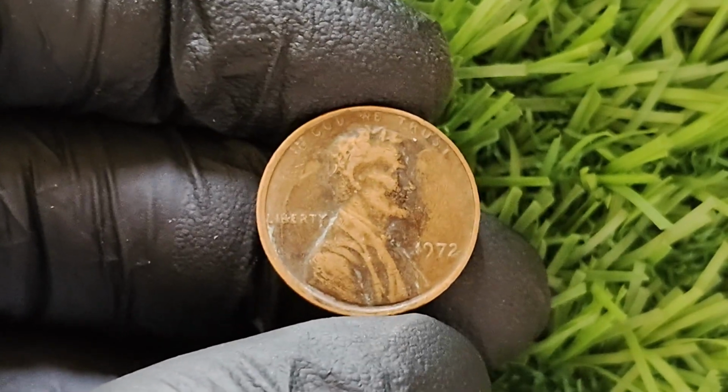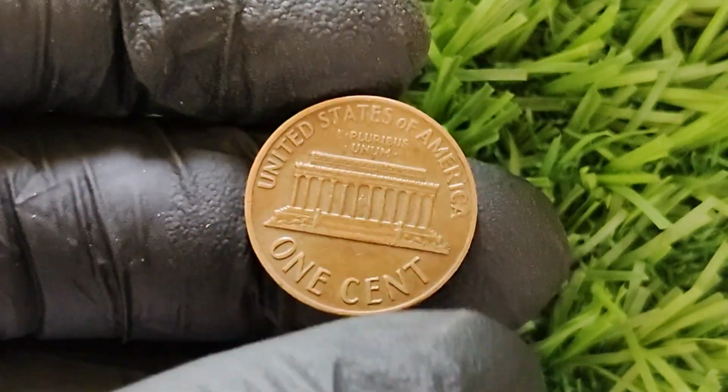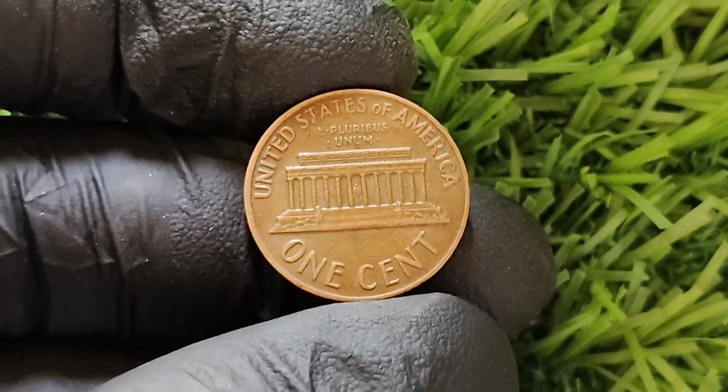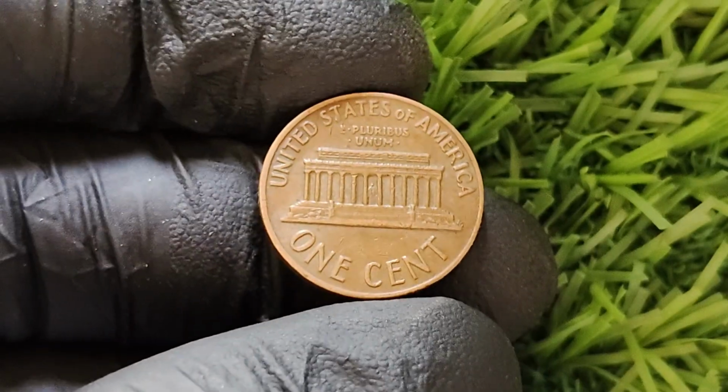One 1972 D Lincoln penny, graded MS-67 by a top-tier grading service, sold for over $600,000 at auction. That's more than a house. That's more than my neighbor's entire car collection, which is mostly just rusty Fords. But still, I remember a few